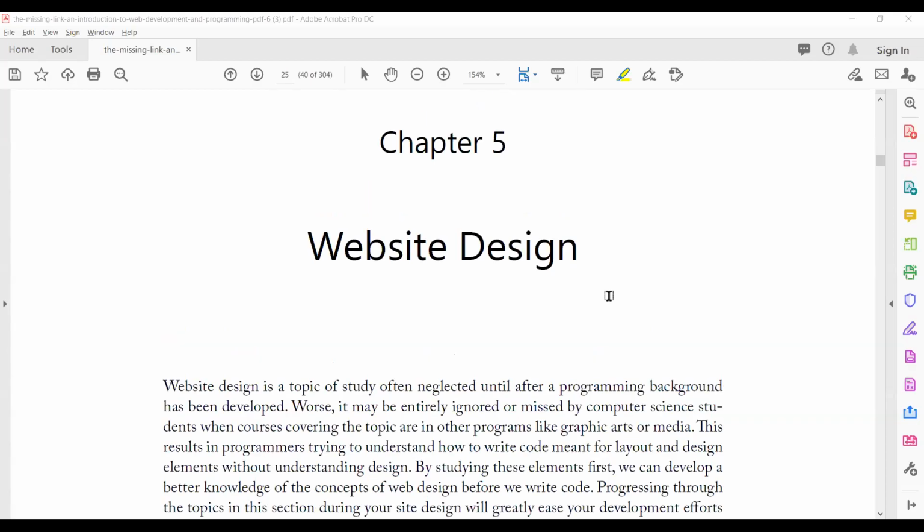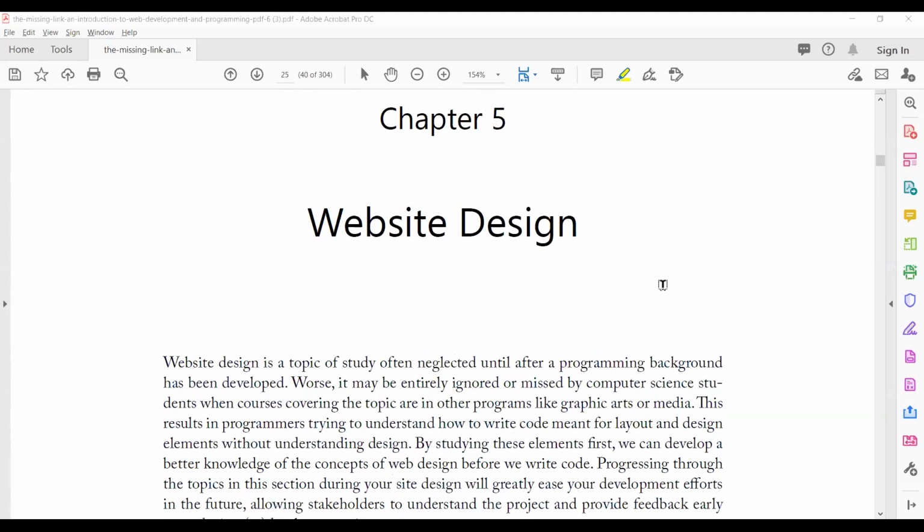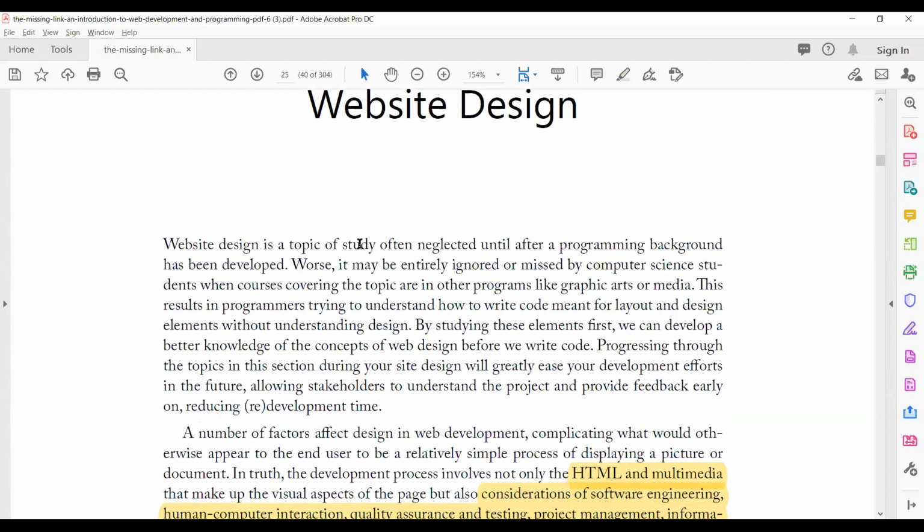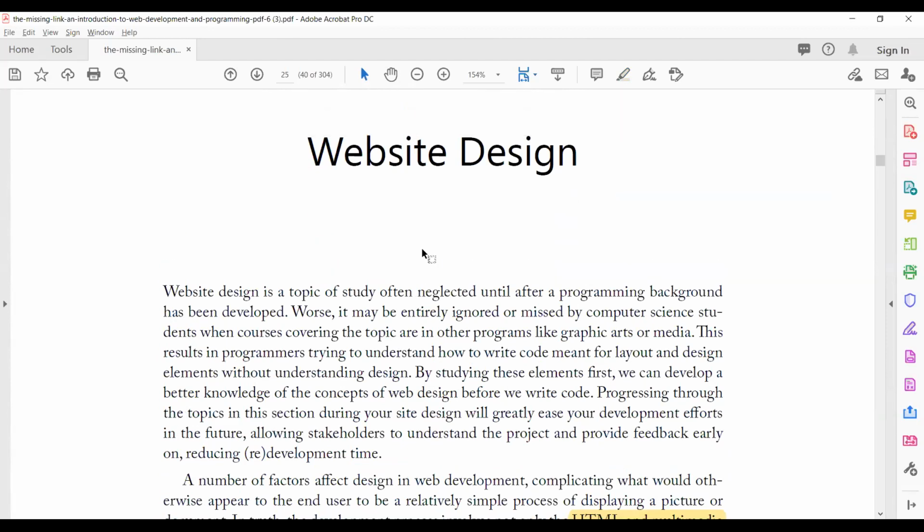Okay, so now we're going to cover Chapter 5, Website Design. Basically, website design is, if you think about it, at this point we are just creating simple pages. So we don't really have to think about how we're designing it. We're just going to have one page and then just create it. You might think of what you're going to do for this page, but it's not like you have to do an extensive design,